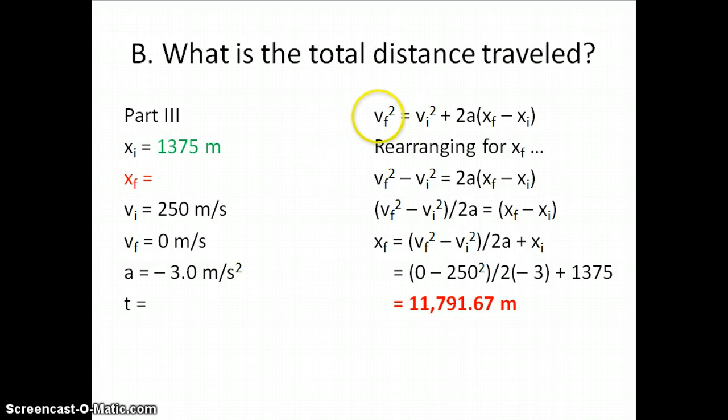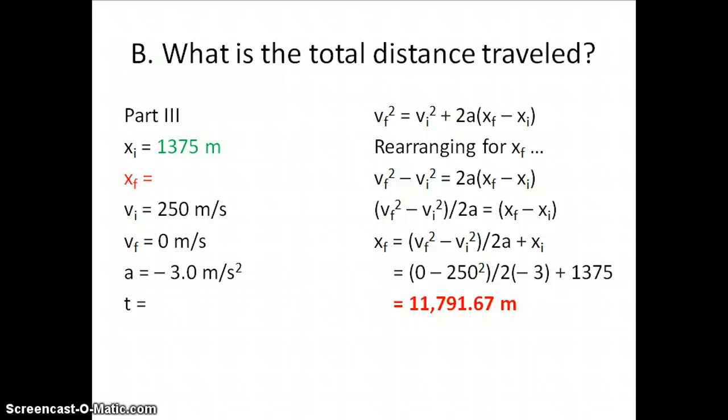Now like we said, we're going to use the squared equation right here. We just rearrange it for XF because that's what we're looking for, and then again it's a simple plug and chug. You put in all the information which is right there in your list, right? So there's no room for error, or less room for error anyways, and this is going to be your final answer. So at the end of the time interval, the rocket sled had traveled